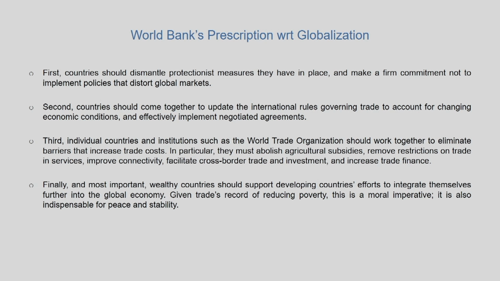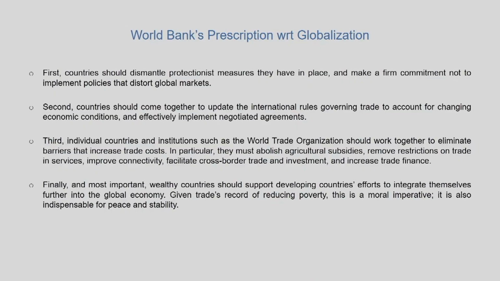Now, this basically means that developing countries that have income support and price support policies in agriculture, in industry, and in various other social sectors of their countries must bring down their support so as to provide more space for private investment, and the state should withdraw from provision of various goods and services. It also prescribes that national governments across the globe should have a firm commitment towards this ideology of reducing public investment and increasing private investment.